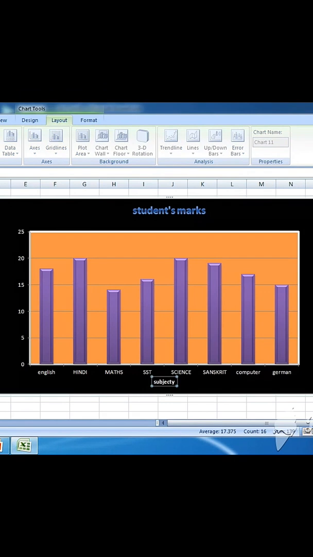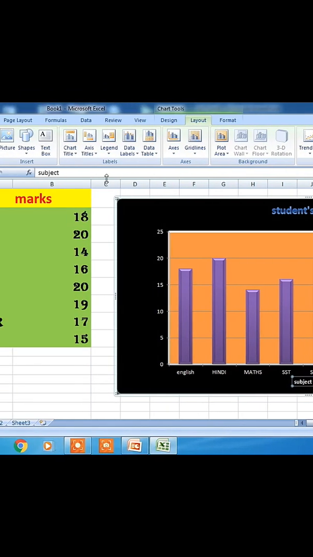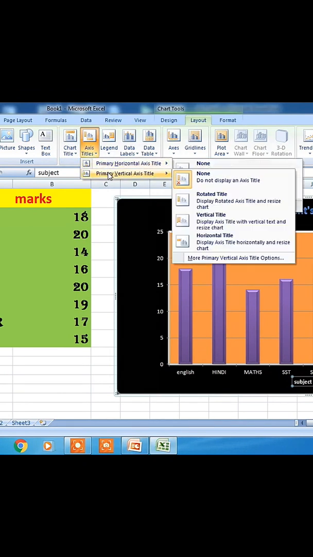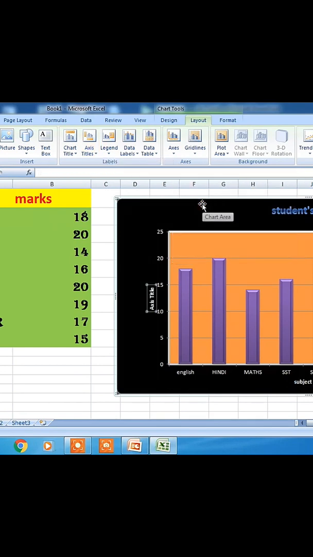Fine, you just have to select and type the subject in the formula bar, right? And then I'm selecting the vertical axis, the y-axis. For the y-axis, there I will write marks. What is the y-axis depicting? Marks. Although it is not listed there, I am telling you that axis title also you can add. You can make the proper chart as you are making.